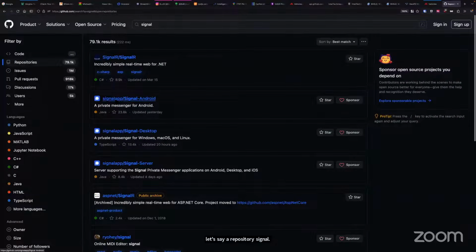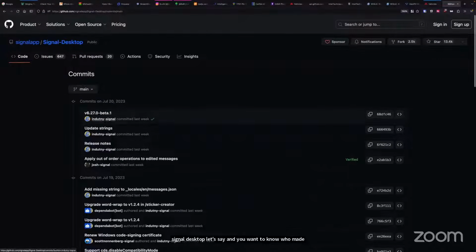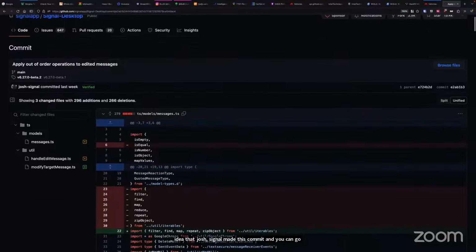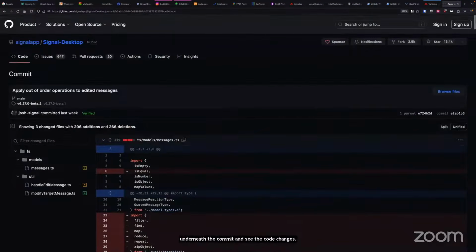So if you go to Signal Android or Signal Desktop and you want to know who made these commits, you can see an idea that Josh-Signal made this commit, and you can go underneath the commit and see the code changes. What you can't see here is his email address. You can, if you use the command line and go under the details of this.